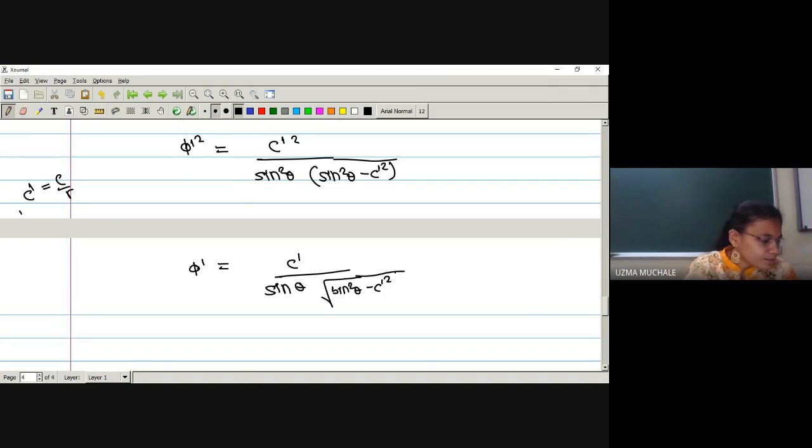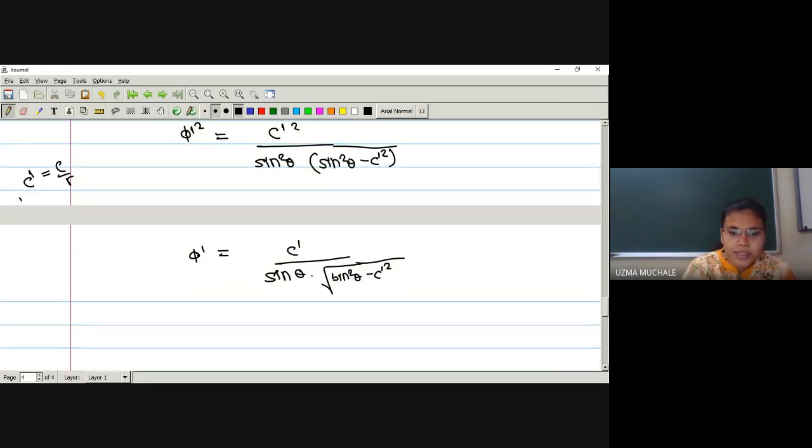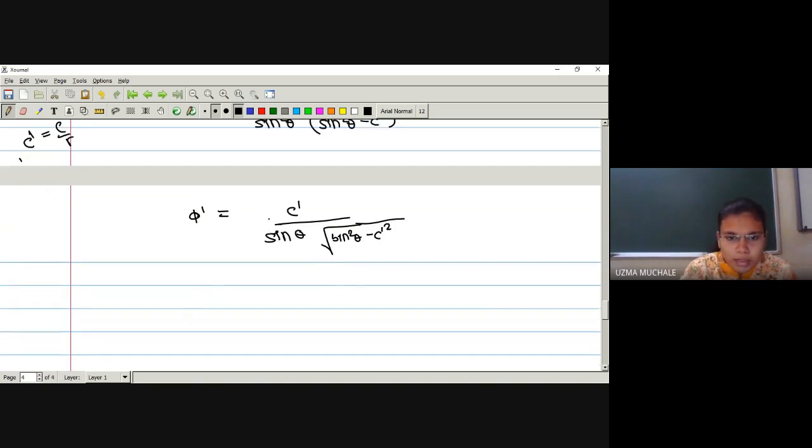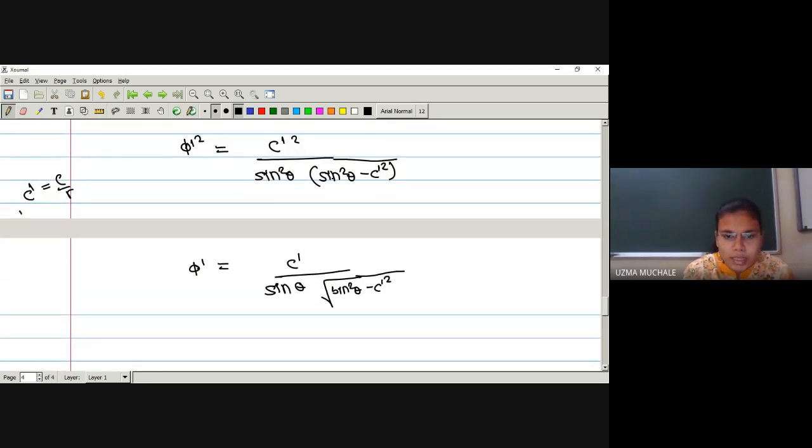Okay. Now, I don't know how many of you understood or how many of you know how to find the integration of this. I hope you have used the substitution method if you want to solve this integration, right? See, instead of doing that, if I take sine square theta common here, we'll get terms in such a way that we can solve the integration. This is also okay, but we'll do it from the last step.